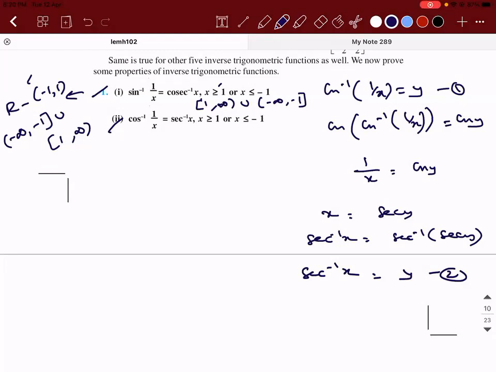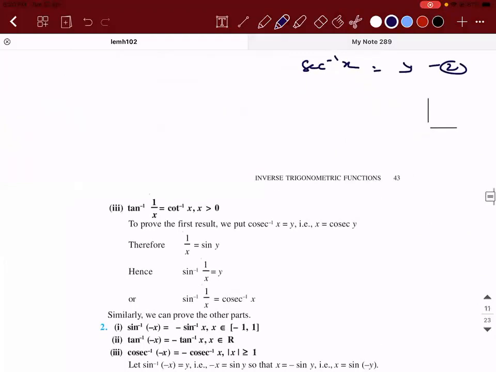You're able to understand. Similarly, cos inverse of 1 by x is equal to secant inverse x. What is the domain be? You take the domain of secant inverse x. You already have the table with you. You need not ask me. What is it? Same as that of cosecant inverse. Minus infinity to minus 1 union 1 to infinity. Same logic. What will tan inverse 1 by x give you? It will give you cot inverse x. So cot inverse x domain is